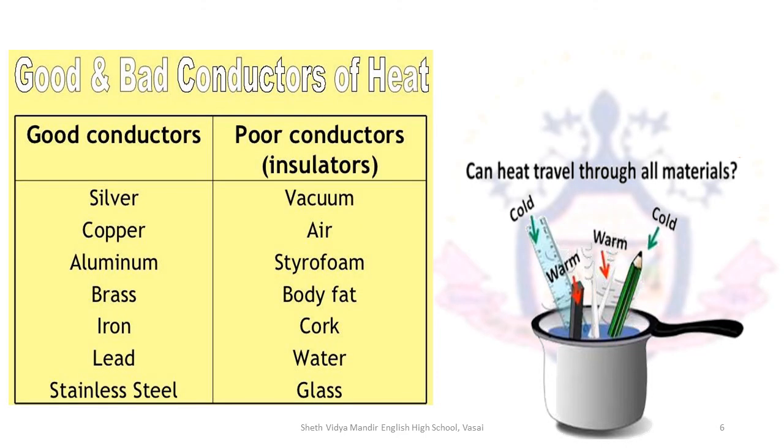Now, an easy way to check out what are the good and bad conductors of heat is pretty simple. You can do this DIY activity at home, but do it in the presence of an adult. All you have to do is take a nice big pan with a good enough depth and fill it with water, half of the pan or up to 3/4. You will be inserting things inside it, so don't fill it to the top, otherwise the water will spill out.